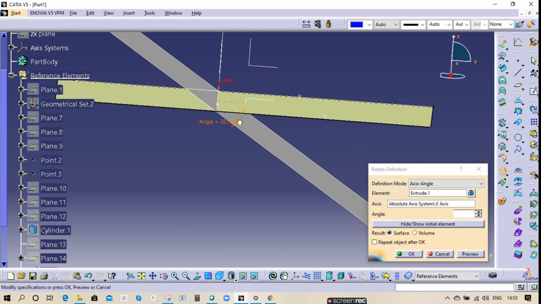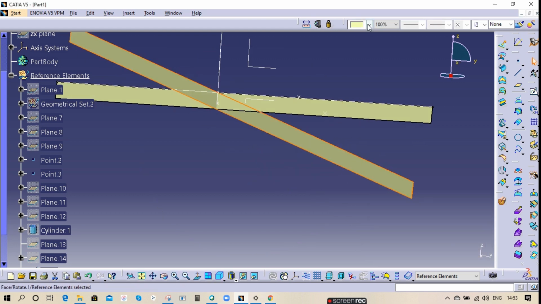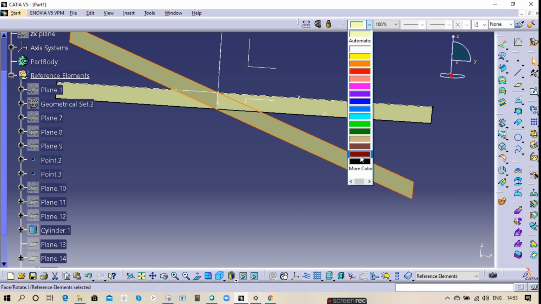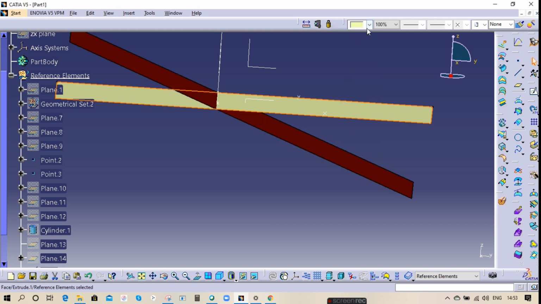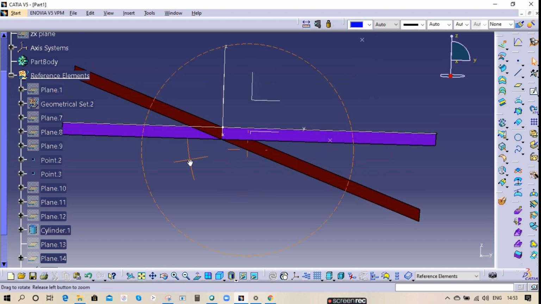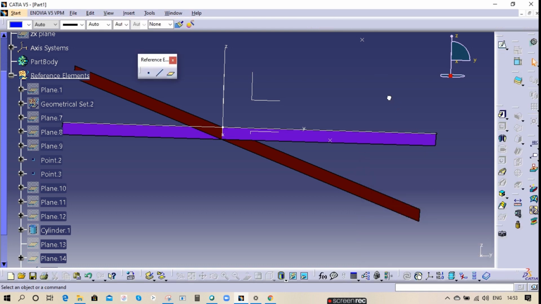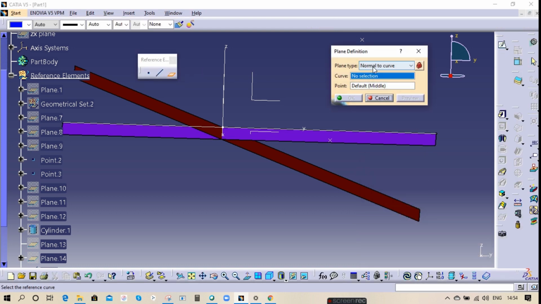Okay, so let's say this many degrees. Now I'll change the colors. This I'll take as this color. Okay, now my plane type is tangent to surface.